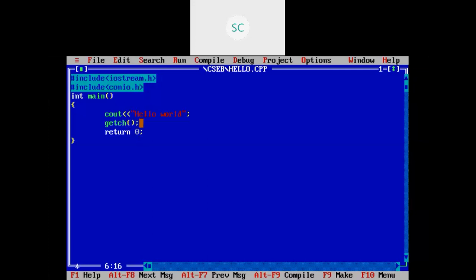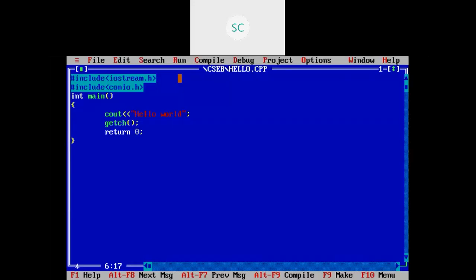If I give this getch, again I'm running my program. First compile it, no errors, just run. Now you are directly seeing your output, right? Without pressing Alt F5 you are able to see your output, because there we wrote one more statement, that is getch. But in the output screen you are seeing two hello worlds, meaning that in the previous execution one hello world was printed, and again you are seeing one more hello world this time. I don't want to see the previous output. I only want the current execution output.